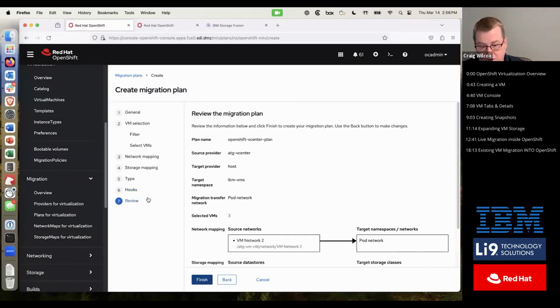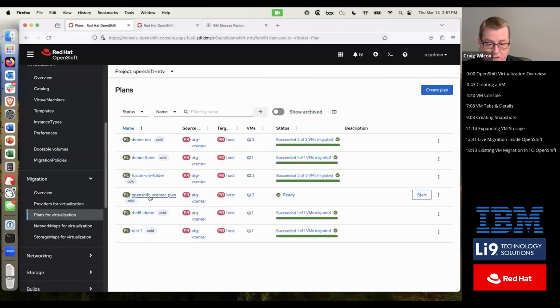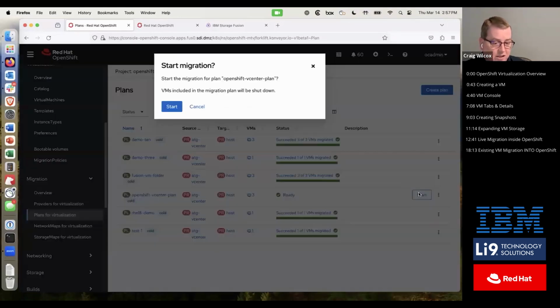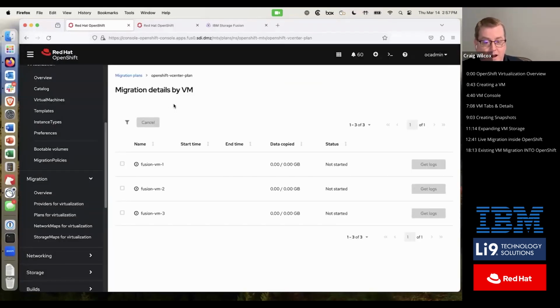Okay. We're not going to do any hooks for this demo today, but you get a nice summary of what your plan is. When you do finish, this plan that we just created gets immediately added into the list of plans. And then based on change management windows for you and your business, you could schedule this to start or just interactively click on start when you're ready for the migration to kick off. Okay. So now that I hit start and confirmed, it's going to look at all three of these VMs,